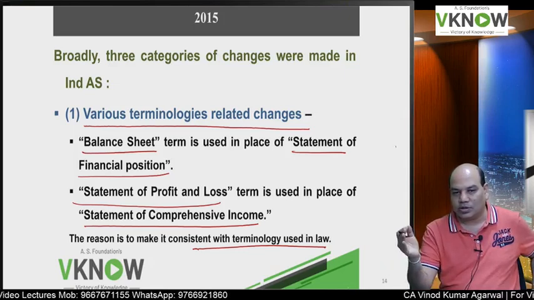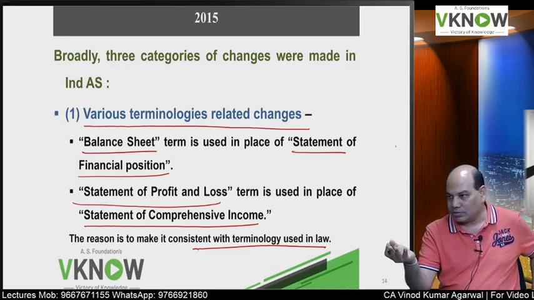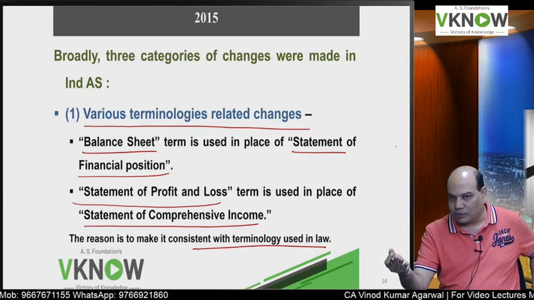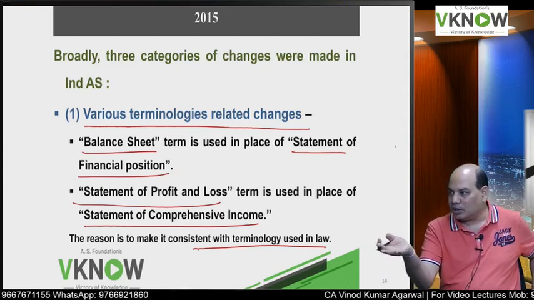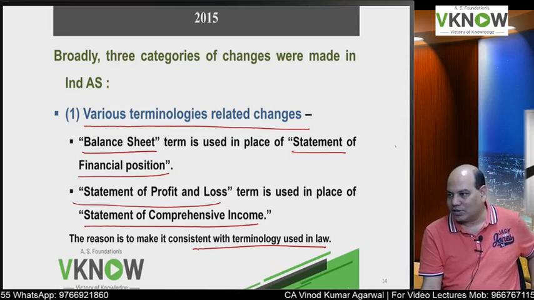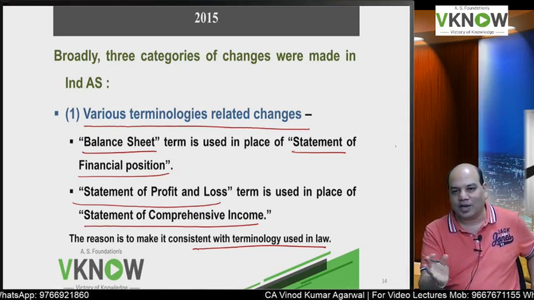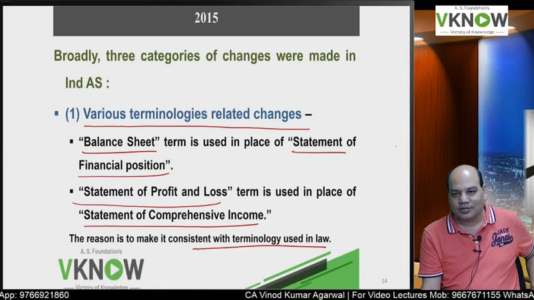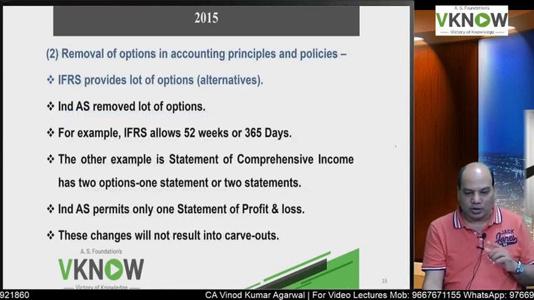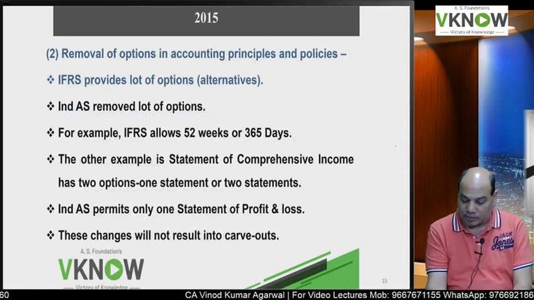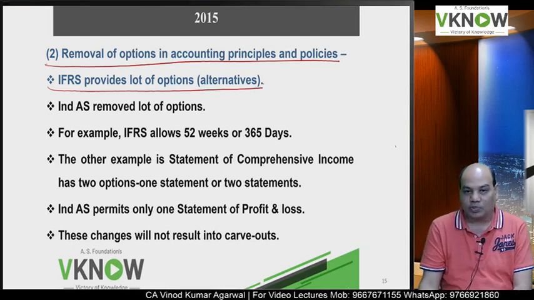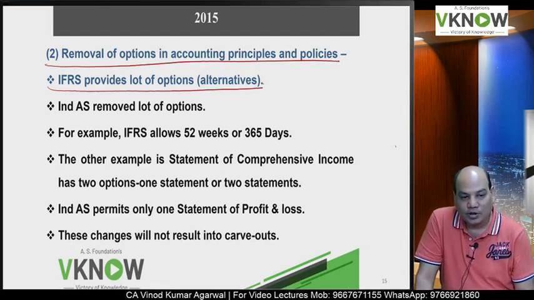So the Companies Act was passed in 2013. At that time they used terms like balance sheet, statement of profit and loss. So either I have to amend company law or I have to amend IFRS, which is easier. Modifying IFRS is easier because changing the law means parliament approval etc. would be required. Parliament people are busy right now buying and selling MLAs and MPs only. They don't have time for other things.